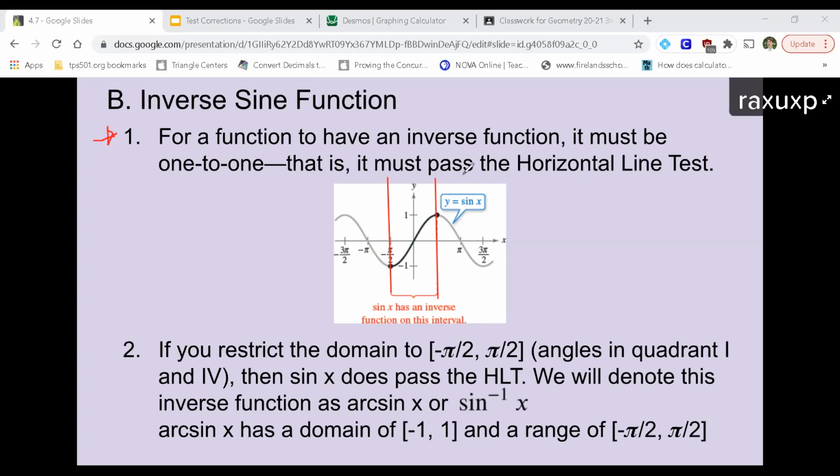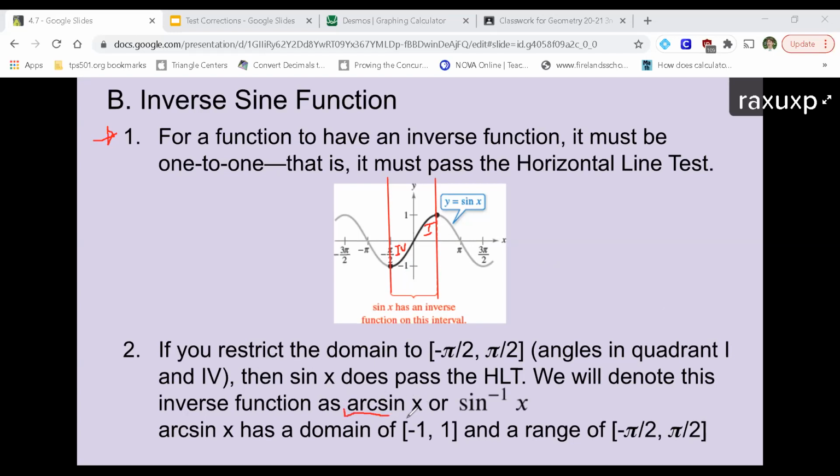If we restrict the domain of sine of x to only the angles between -π/2 and π/2, including the endpoints, then those are the angles that are in quadrants 1 and 4. And then you'll have no duplicate y values. So it will pass the horizontal line test, and we will denote this inverse function in one of two ways